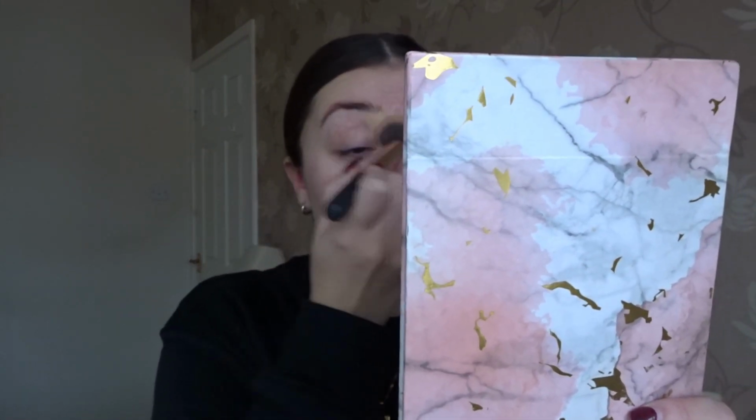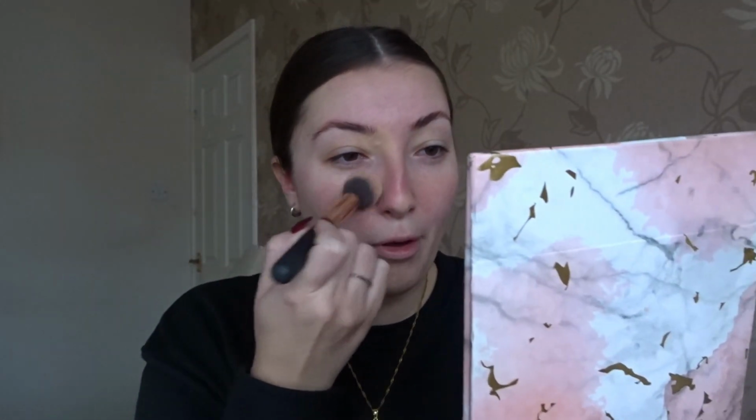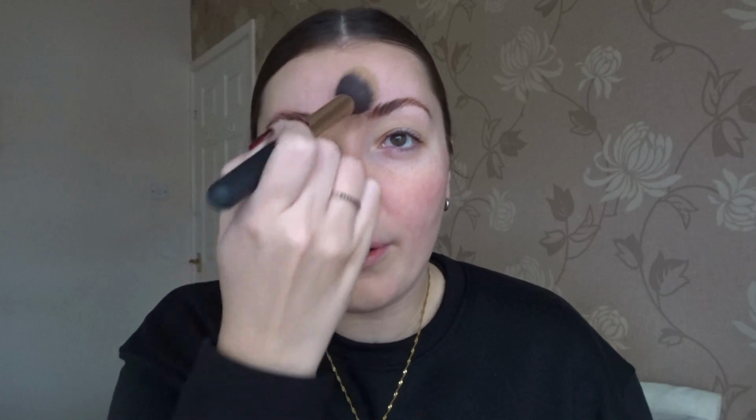So I'll put this on first, and then this brush is actually Olivia Hale and it's from Home Bargains, but I use this for my foundation and concealer and I absolutely love it. Sorry if the lighting is a bit grey today as well. The weather is not cooperating, but this is just really simple. I literally just buff this in a little bit, nothing too crazy. It doesn't have to be dead neat because we're going to be going in with foundation in a moment, but already you can see that it literally just covers and blurs out those